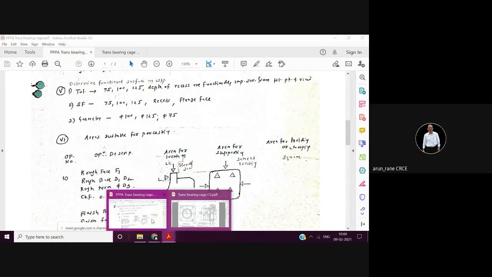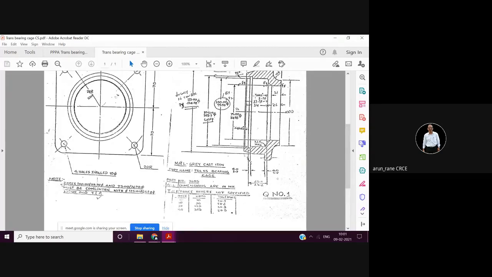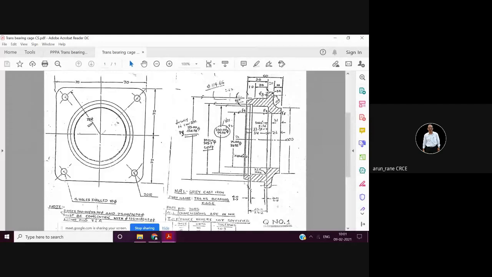Bores 100, 99.98 and 75, 74.98 must be concentric with 125, 124.9 within 0.05 TIR, total indicator runout. Meaning, the 75 bore, the 100 bore and the 125 should be true with each other within 0.05 total indicated runout. So that is what is called the geometry.